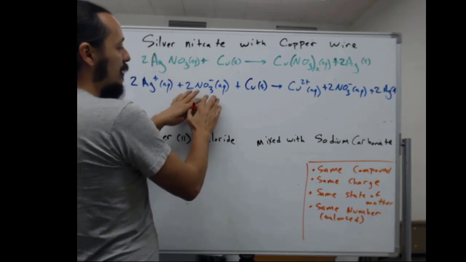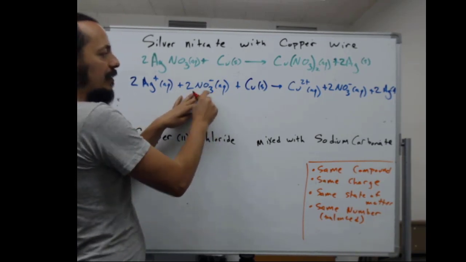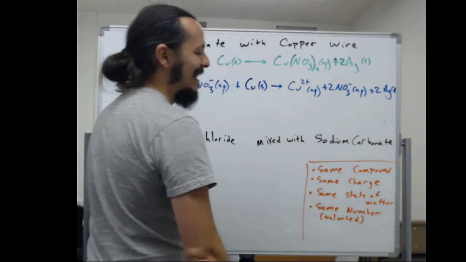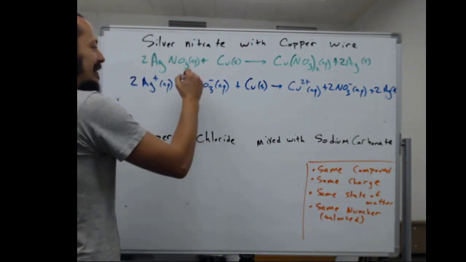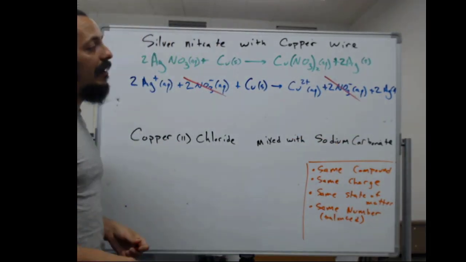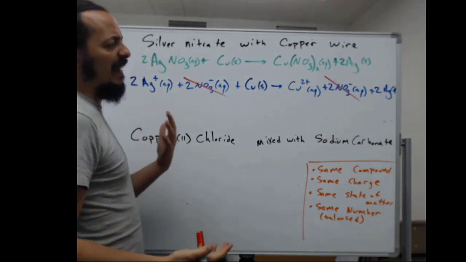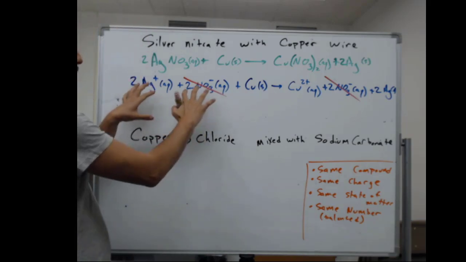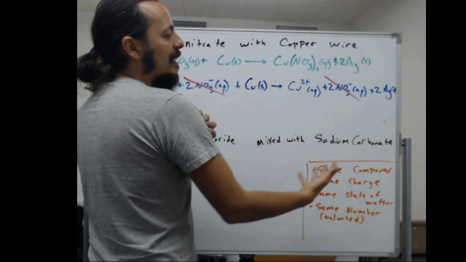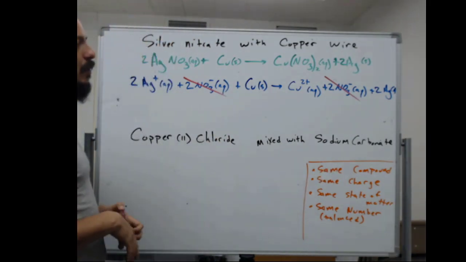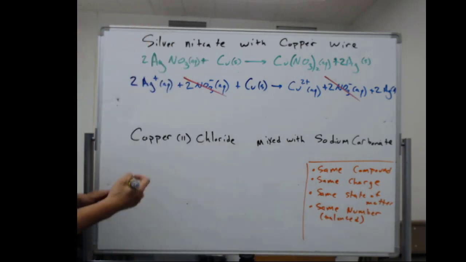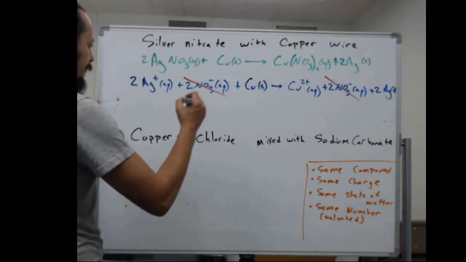We want to keep that represented. Here we go from 2 nitrates with the -1 charge in aqueous to 2 nitrates with the -1 charge in aqueous. Exactly the same. The nitrate is actually not changing at all. It is a spectator ion. It's also considered the counter ion. It's just there for the charge balancing in the silver nitrate and the copper nitrate, but it's not actually participating in the chemical reaction. So we're going to eliminate that as we go to write our net ionic equation,